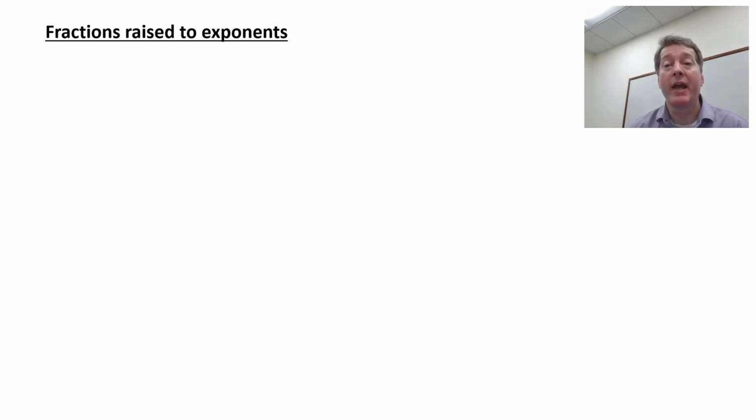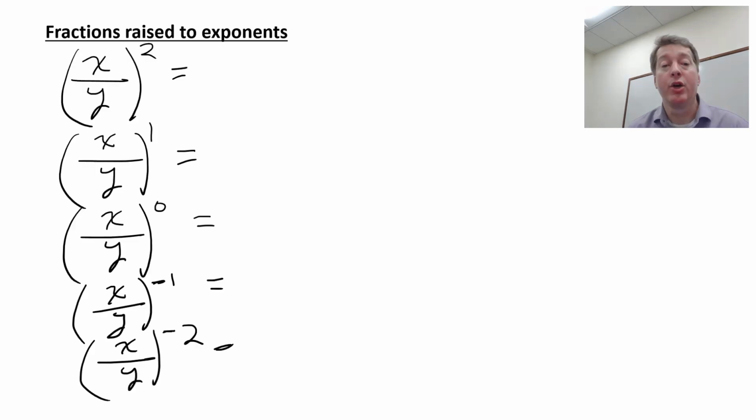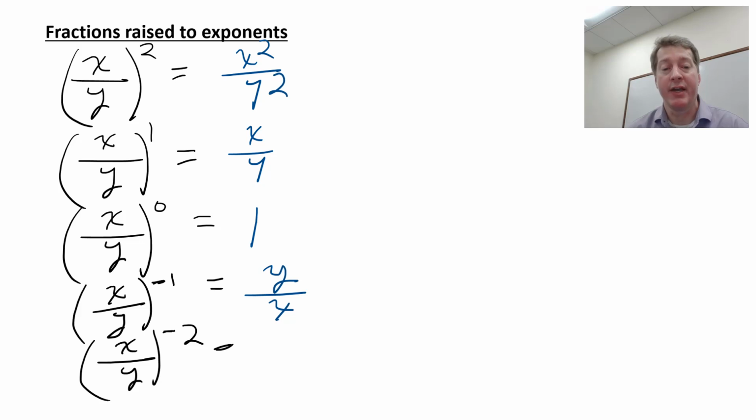My examples were 1/2 and 1/10, but suppose I wrote x over y. We know x over y to the 0 is 1. Here we just have x over y. x over y squared is x squared over y squared. All right, simple enough. But x over y to the -1, what do we do? That's y over x to the positive 1. It's just y over x. And x over y to the -2, you flip it over, it becomes y over x to not the -2,